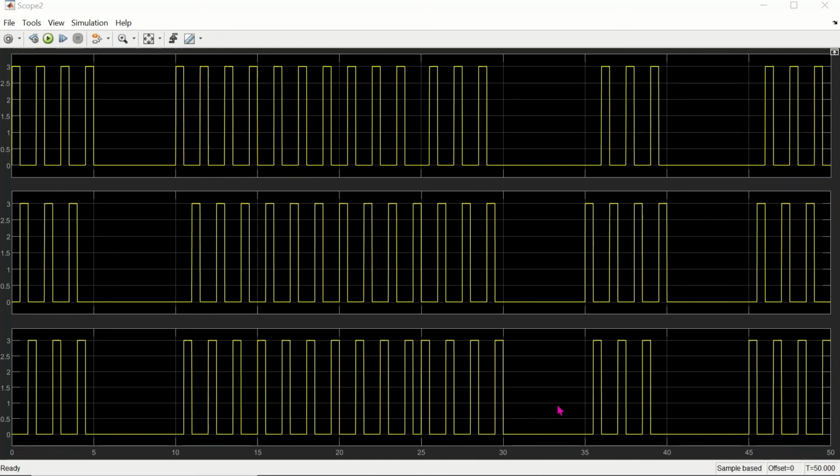Again the motor is halted from 30 to 35. Then from 35 to 40, the motor runs in the forward direction. Then again halted from 40 to 45. Again the motor runs in the reverse direction. So this is the current waveform of all the three phases of our stepper motor.